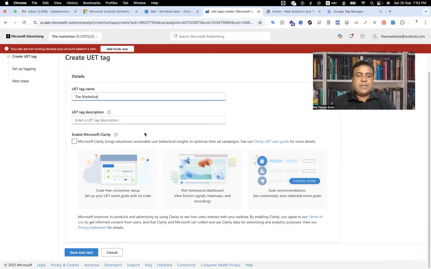And then you can see the option to enable Microsoft Clarity. Clarity is a kind of analytical interface for your business, but I am not enabling it now. I already have a video on my YouTube channel. If you're interested in it, then go through that and check it out. So I do not select Microsoft Clarity, and finally I go to save